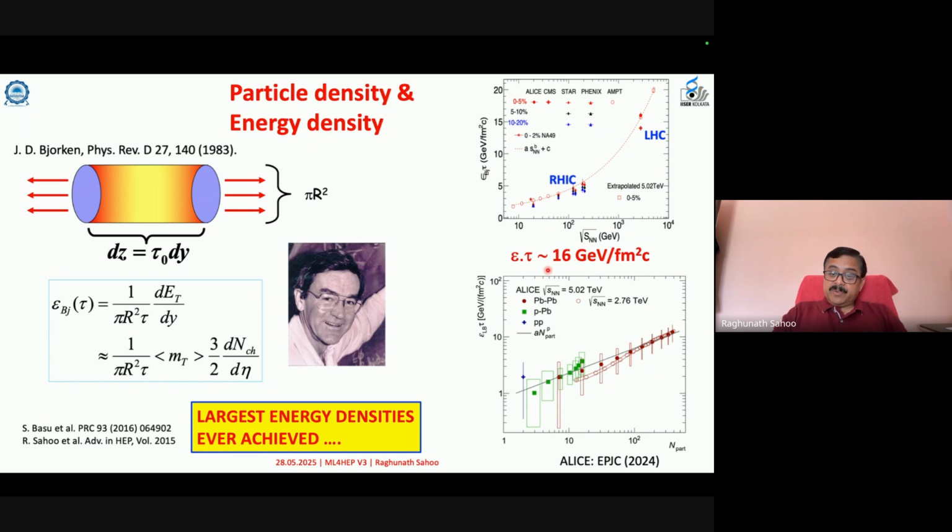And if you look at the experiment, this Bjorken energy density multiplied by the formation time is now plotted as N part. N part is essentially, I showed you, the number of participant nucleons, and you can find the head-on lead-lead collision produces more energy density compared to proton-proton. And of course, proton-proton, within the error bar, you can see that also produces an energy density which is higher than 1 GeV per Fermi cube. And this 1 GeV per Fermi cube is an important number because the lattice QCD, the theoretical prediction, tells me